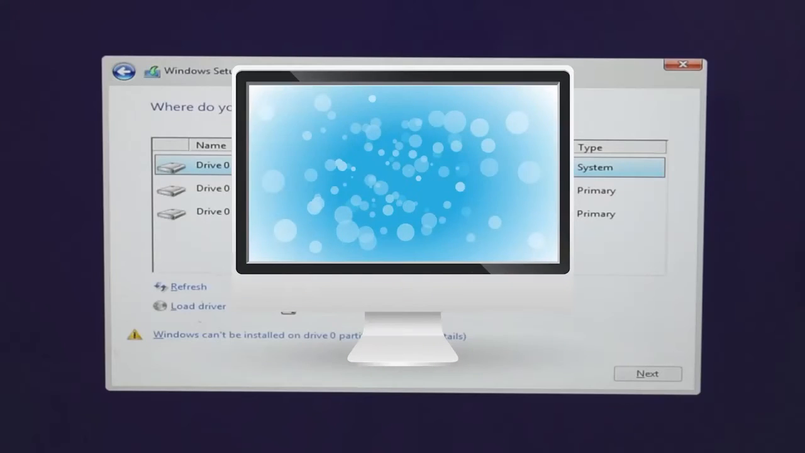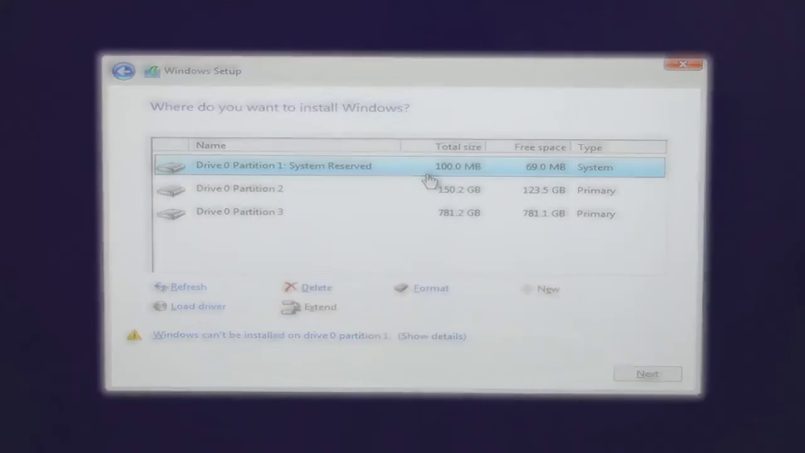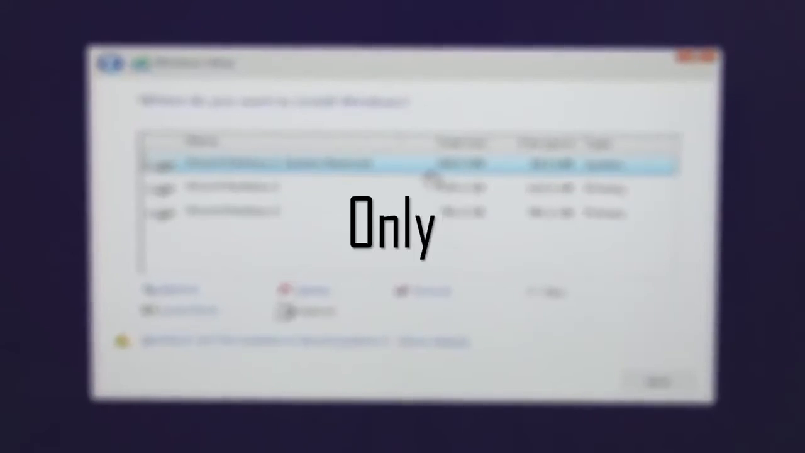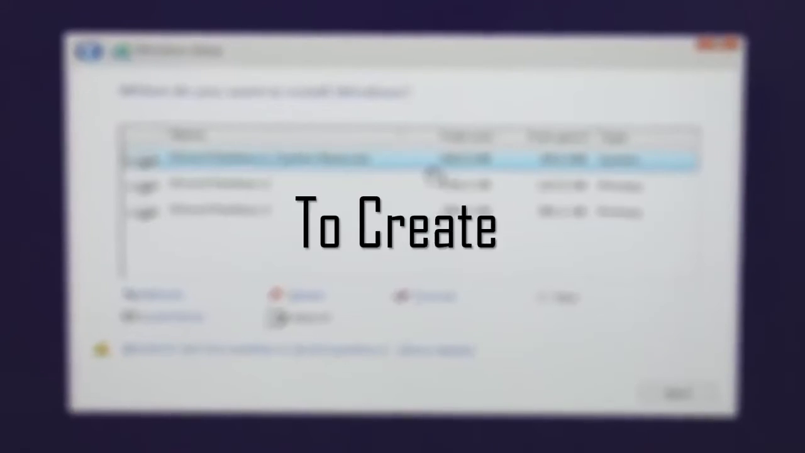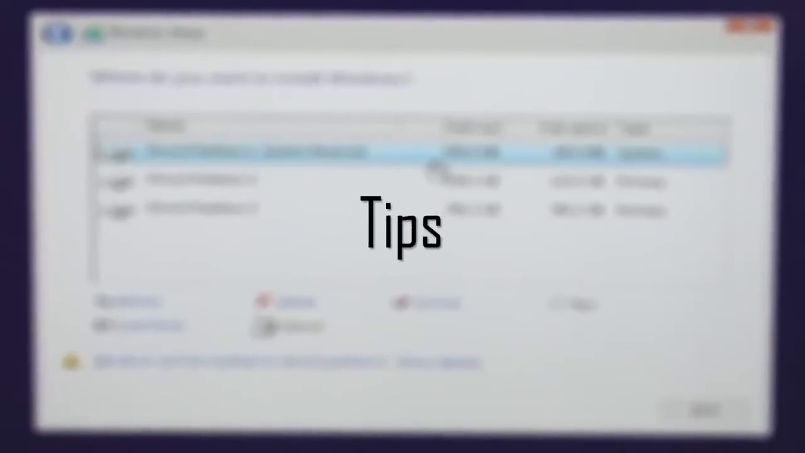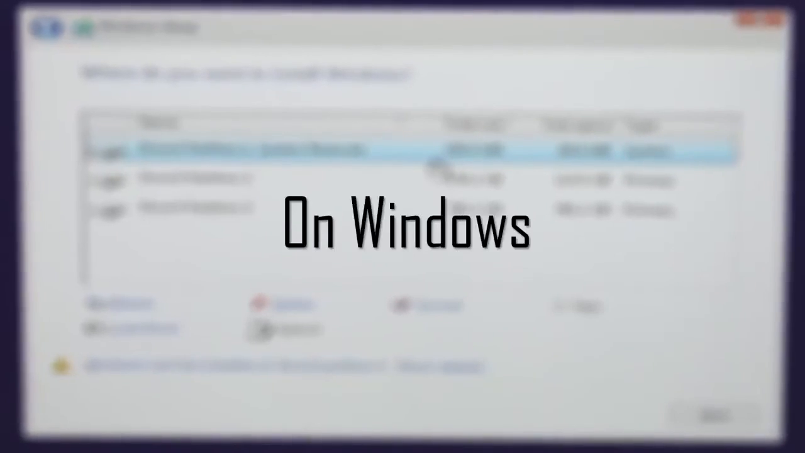You could not see it in This PC or My Computer, but it's there in the memory, invisible, only for the system itself. It uses the balance of unallocated space to create the system drive and install the operating system. So let's continue with the process. I have a few more tips to give you to make you an expert on Windows formatting and